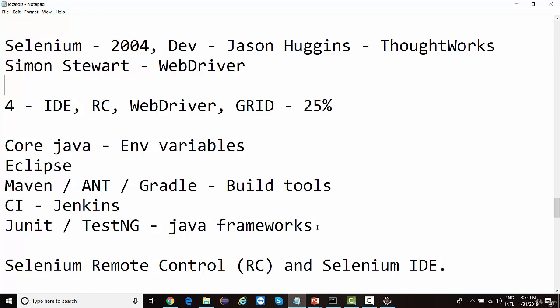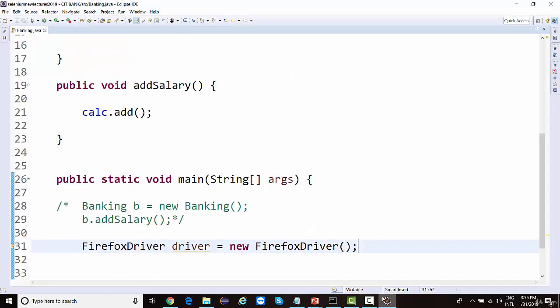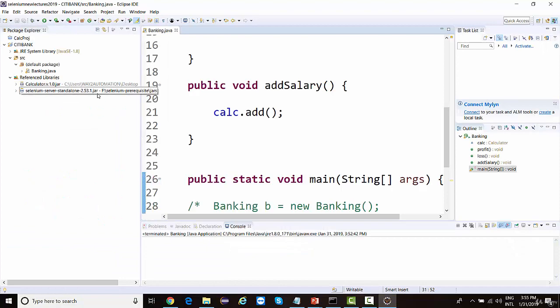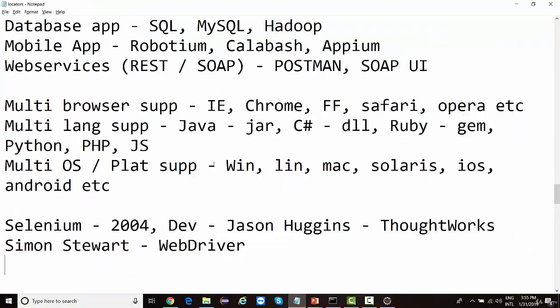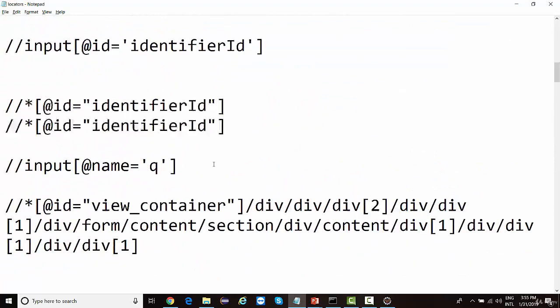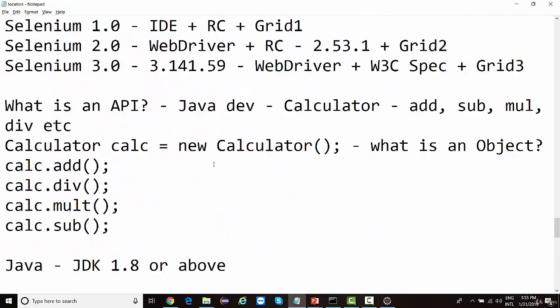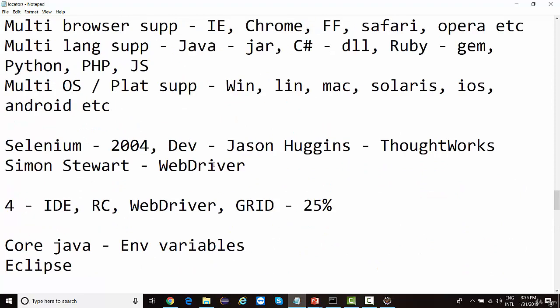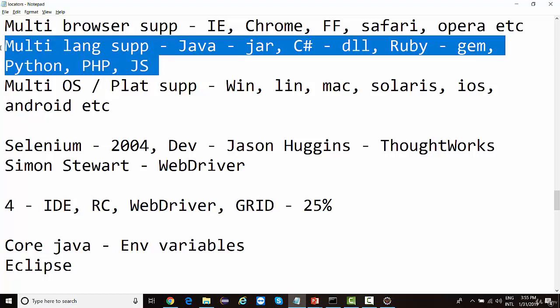Selenium is just a project, a Java project. In case you're working in Java, Selenium is available in the form of a jar file. Same way, if you're working with different languages, like we discussed, Python, C Sharp, Java is a jar file, C Sharp is a DLL file, Ruby we have a gem file. Same way for all languages, different bindings of Selenium are available.